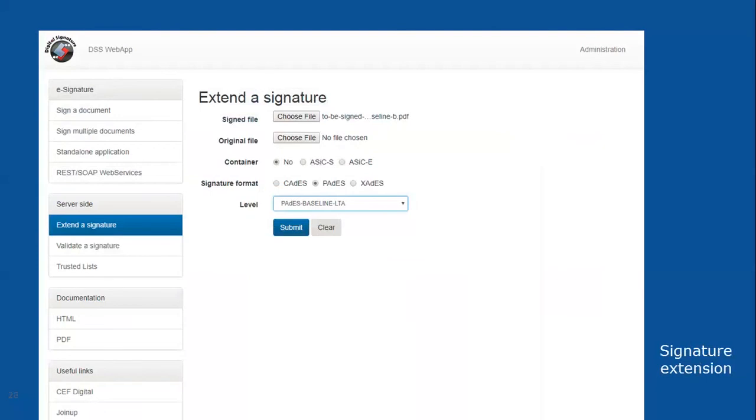Just a recap, we currently have a baseline B, meaning a basic signature. We have only the document signed, a few signing fields, together with the signature itself. If you want to keep that signature for a long time, you will need to what we call extend that signature, meaning that you will need to take on board the signature revocation data, timestamps, and all that.